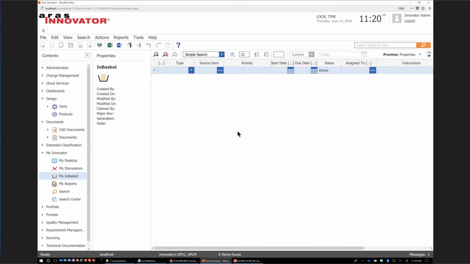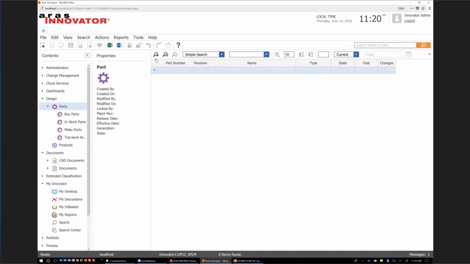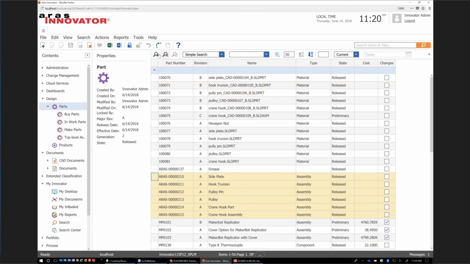So let's go back and recap. What we did is basically took the items and the CAD documents, threw them on the workflow, and took it through release. So if you go back into our part structure and we do a refresh here and we look,